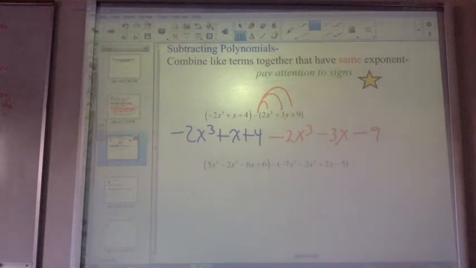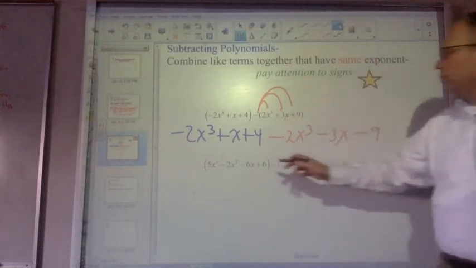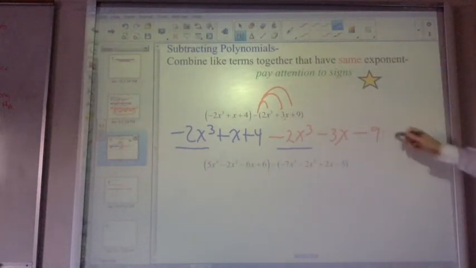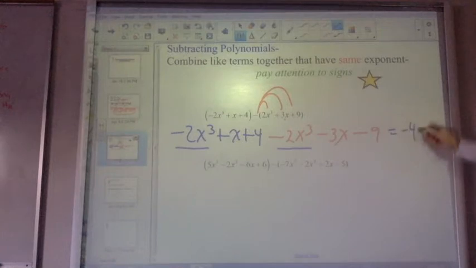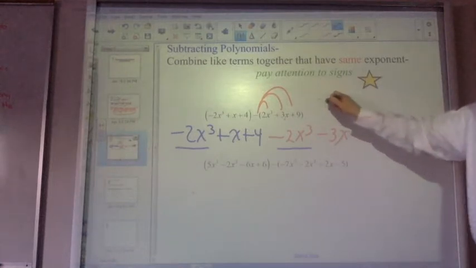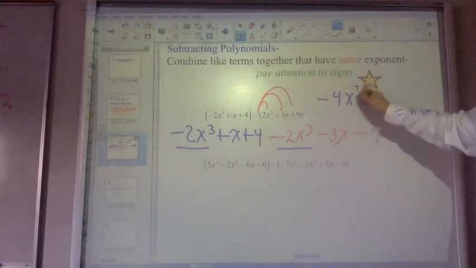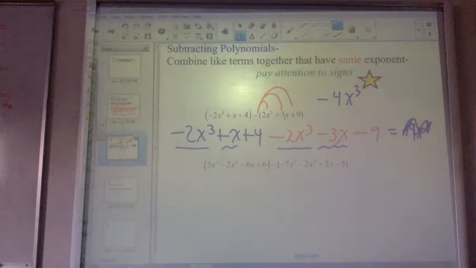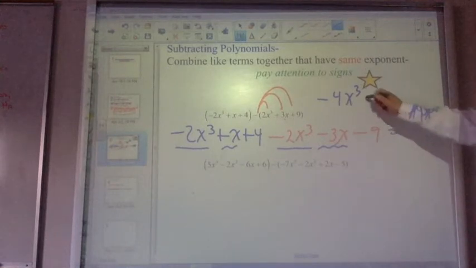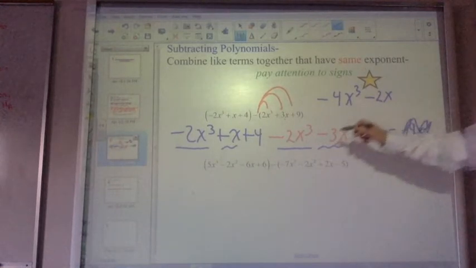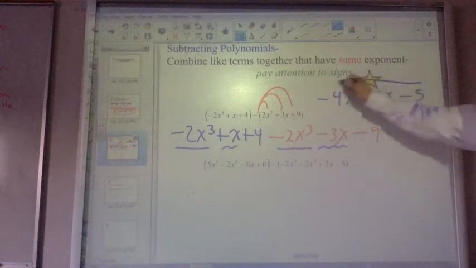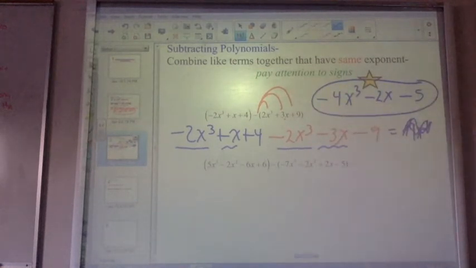From there, I can combine my like terms. So let's see. Those are like terms. So I have negative 4x to the third. I'm going to run out of room, so I'm not going to put it right there. Negative 4x to the third. And then combine that and that. So x added to negative 3x is negative 2x. And then 4 combined with negative 9 is negative 5. There's our answer. So that is a 3rd degree